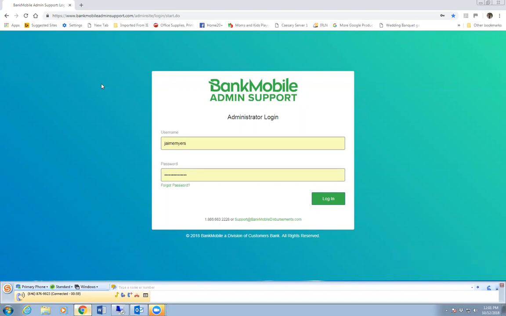Once a new student or a readmit student has registered for classes and they have been entered into Pirate Campus, that night we will send a card file to BankMobile. BankMobile will then send a letter to the student with a code inside with instructions on how to set up